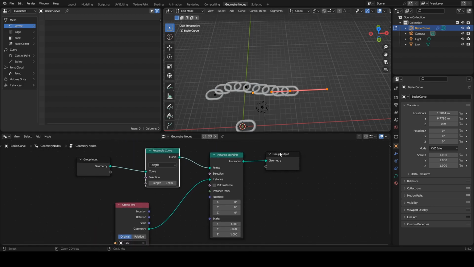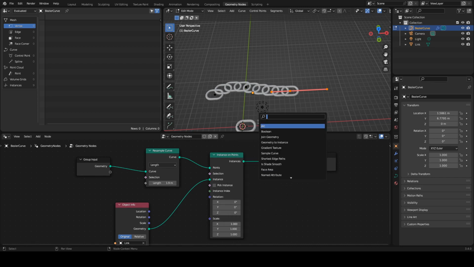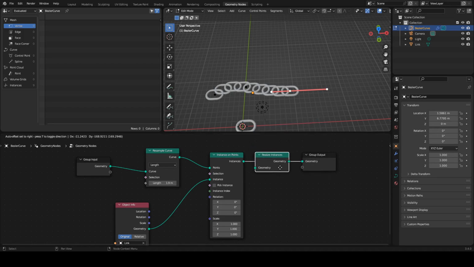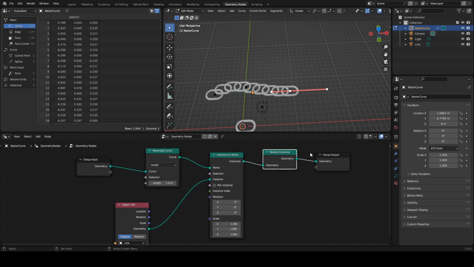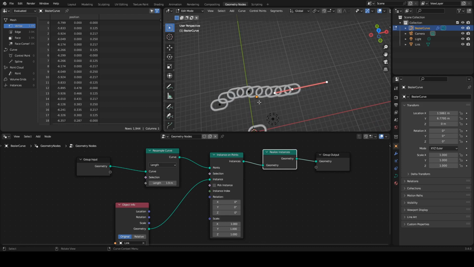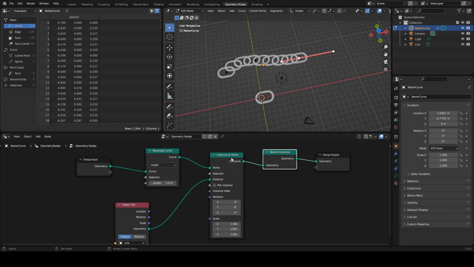Okay, one last thing, and this is optional. We're going to realize our geometry. I can't spell. Realize instances. Come down here and put that in between the instance on points and the output. Now, the reason for this is for instance on points, whenever you instance on a point, it's making something called an instance, which means each one of these copies up here shares the same mesh data with this original node, which can be good from a rendering point